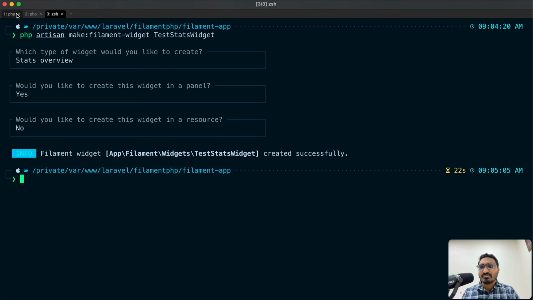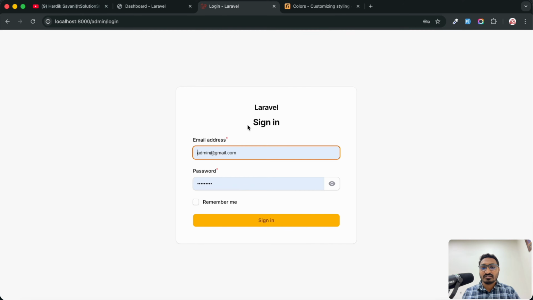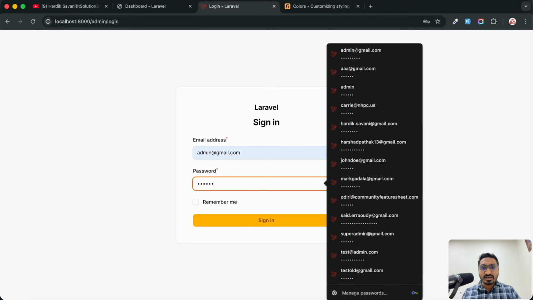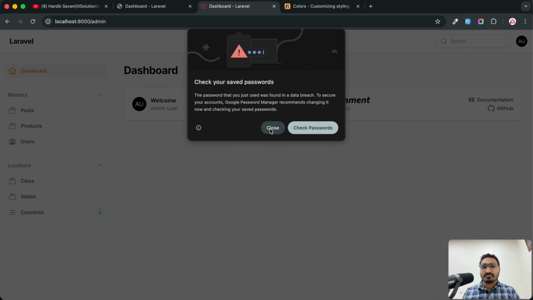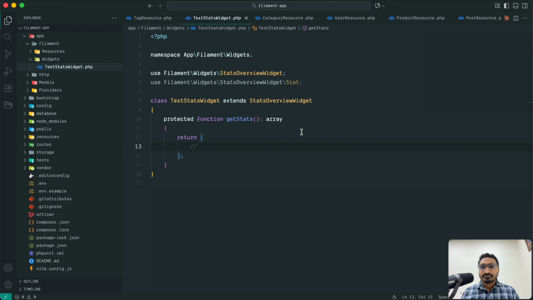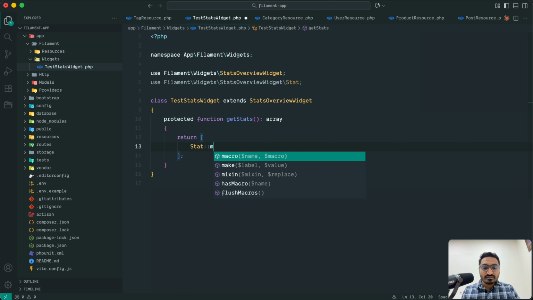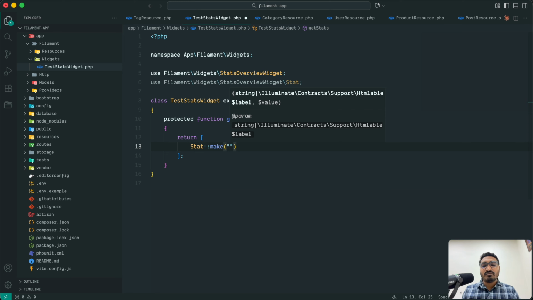Let me close that project so it's not going to ask for the login every time, okay. So that would be better. Click on sign in. Yeah, now it's fine, okay. Now let me go here, and you can see that they have already provided the Stat class, but they have not used it over here. So what you need to do,